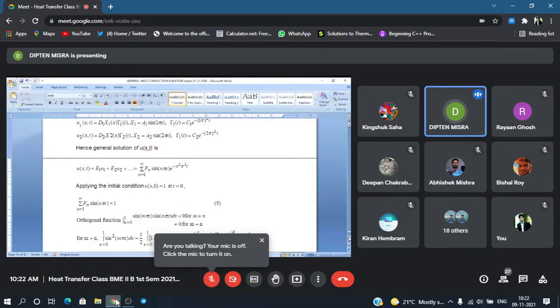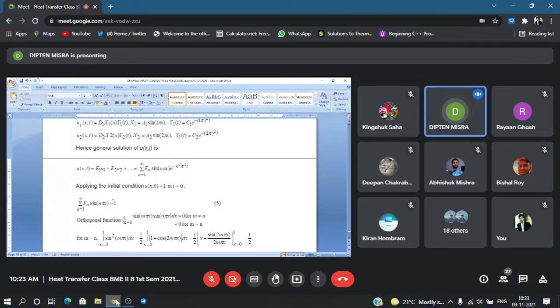Now, this can be all the series of unknowns f1, f2, f3, f4 up to f infinity. They can be obtained by taking advantage of one property of this function that is connected with fn. This also corresponds to each and every value of the eigenvalue lambda, which is given by n pi. There is a corresponding function that we have obtained, and it is called the eigenfunction, the typical characteristic function.